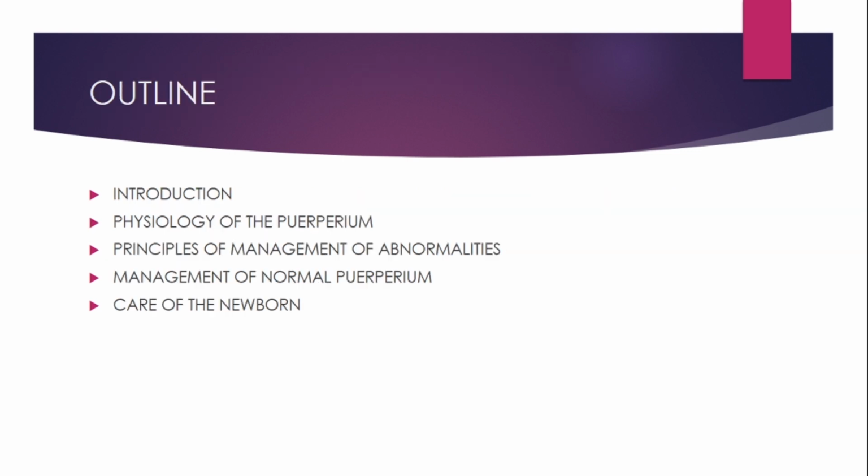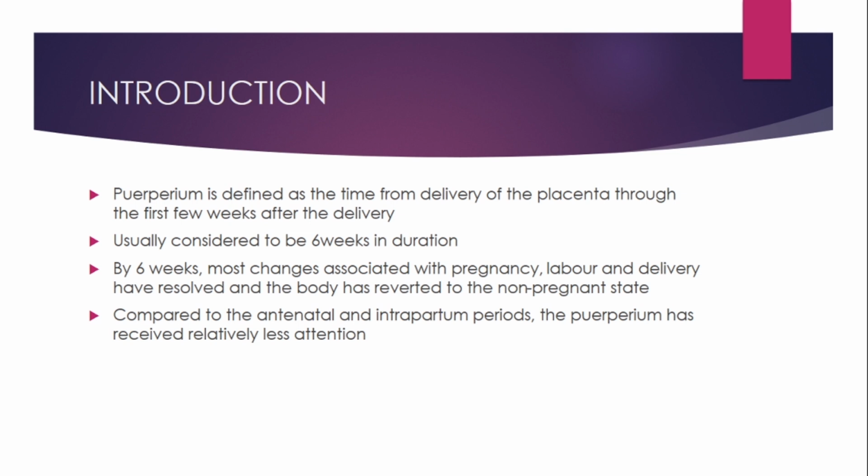So I'll use this outline: introduction, physiology of the puerperium, principles of management of abnormalities, management of normal puerperium, then I'll end with care of the newborn. So by way of introduction, puerperium is defined as the time from delivery of the placenta through the first few weeks after the delivery. It's usually considered to be 6 weeks in duration. And by 6 weeks, most changes associated with pregnancy, labor, and delivery have actually resolved, and the body has reverted